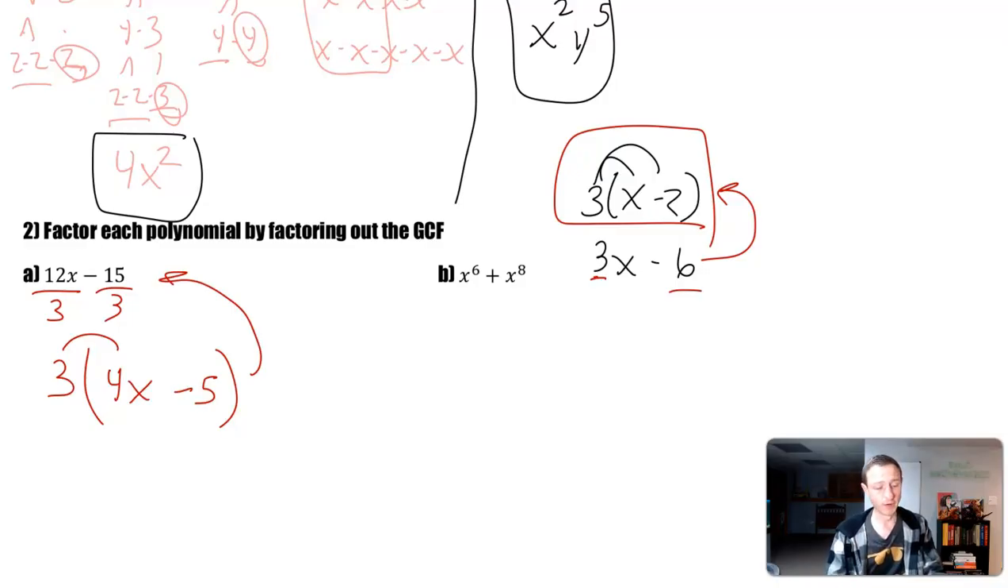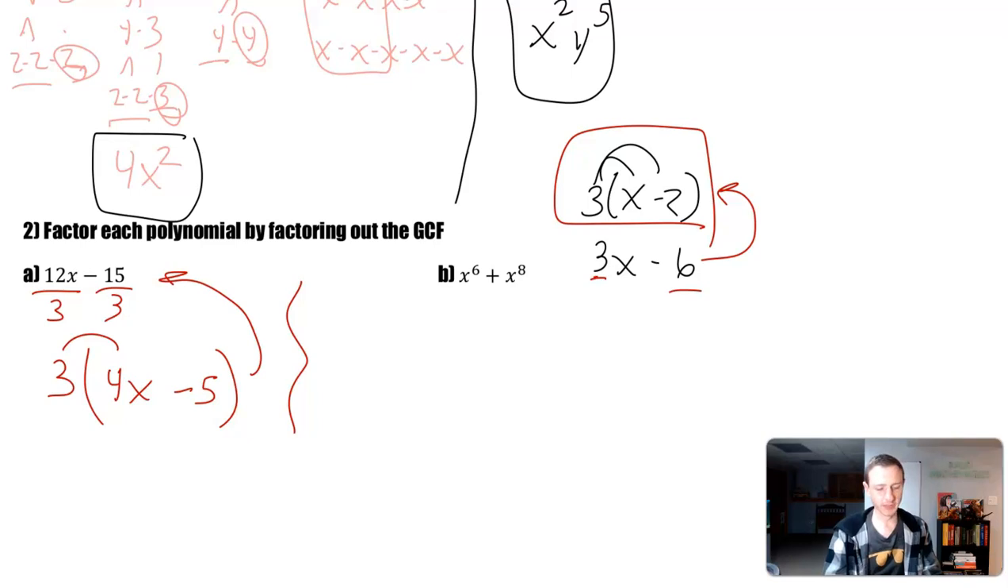And look at your answer, 3 times 4x minus 5. Notice, I don't have any other factors. 4 is not prime, but 2 times 2, and 2 doesn't go into 5. So I don't have any other factors that I could take out. Therefore, I factored it completely. If I don't catch that GCF and only factor out some other factor, I'd still be left with factors that could be factored out. But in this case, I'm not. So on letter B,